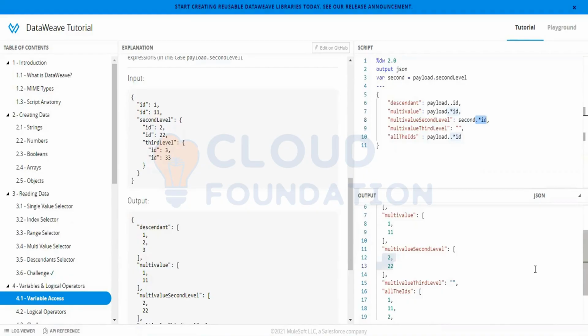So this one then will only display the ID on the second level. So no payload at second, only equal to second. So using non-star ID, there is a little bit, right? So what is the output right now? This output